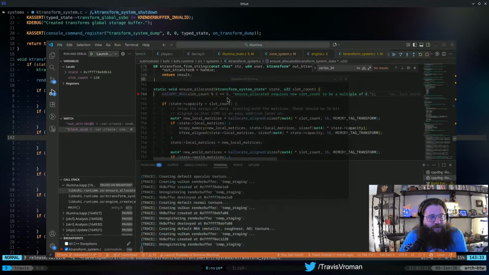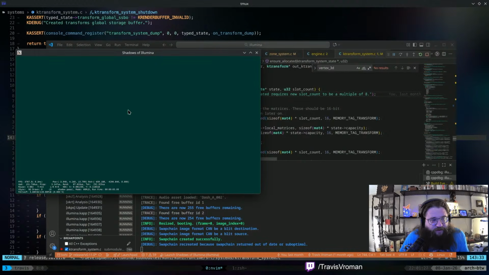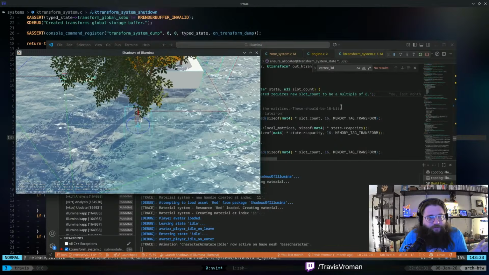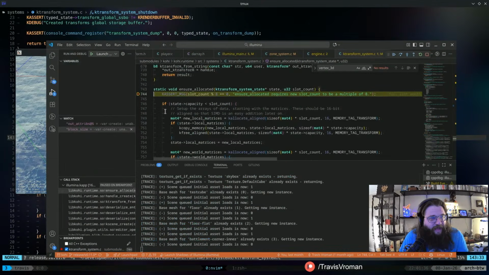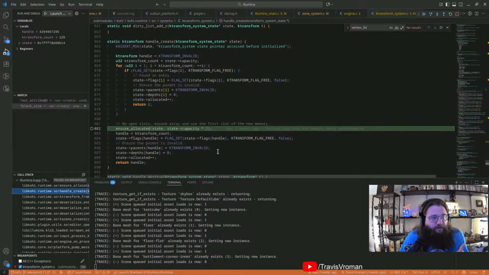And we're actually going to skip past it the first time. So it should give us 128 slots at first. So I can load this and that's fine. And we obviously still haven't hit that capacity. And then I'm going to load up the editor, and that is when it actually kicks off. So slot count is 256. So I am guessing that means that we had to have exceeded our capacity.